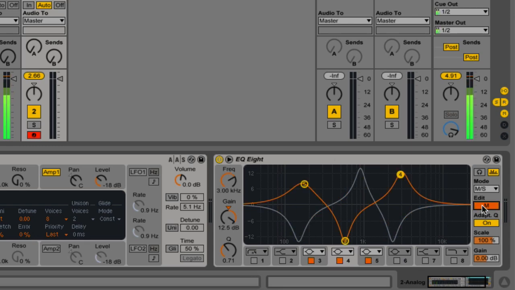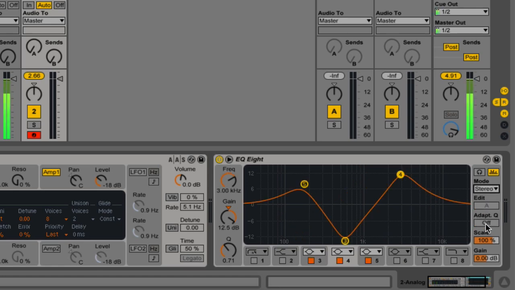So do just note that. Again, it's a much more advanced concept, but you do need to know that button is there for when you eventually get there. Now here you have an adaptive cue mode, and what the adaptive cue will do is it